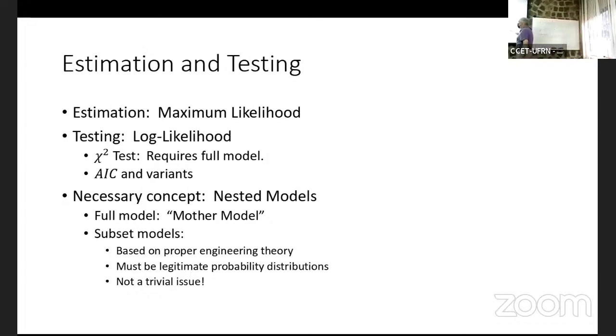We can do chi-squared tests. But to do the chi-square test, we have to have a full model. We have to have a model against which we compare. That's where life gets very subtle. And this is where the reliability engineers don't understand a thing that's going on. Their attitude is, if I can estimate the model, it must be correct. They don't know how to compare models. And that's very fundamental for next lecture.